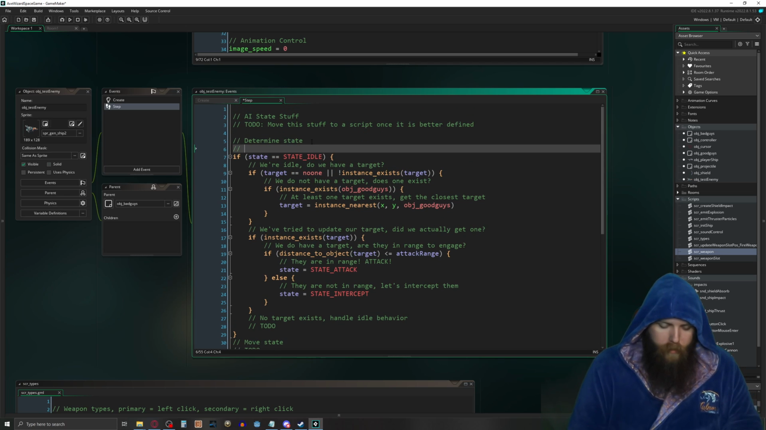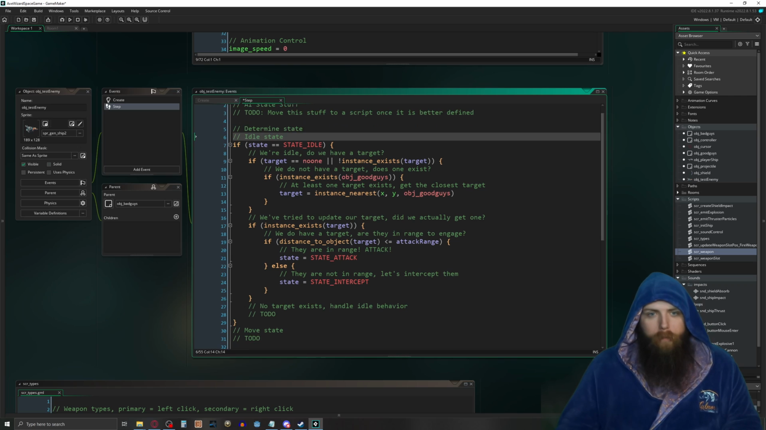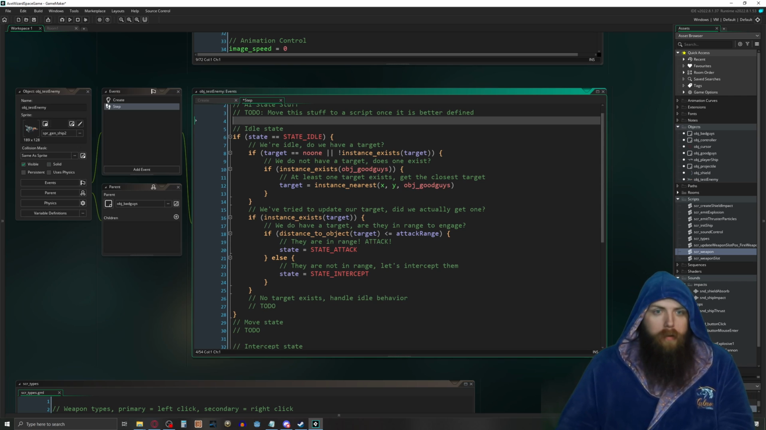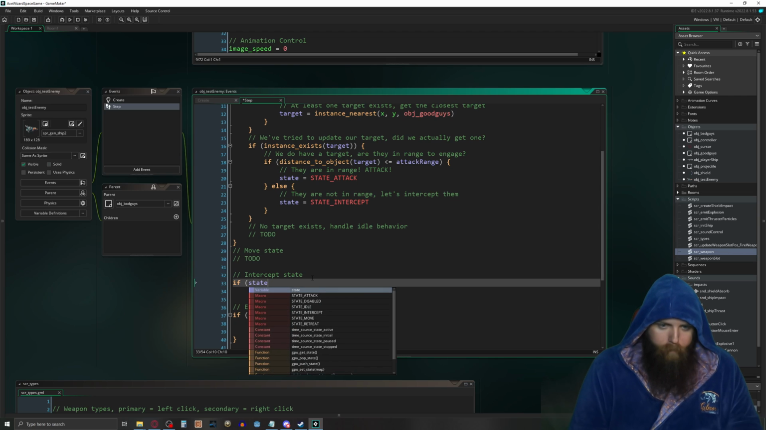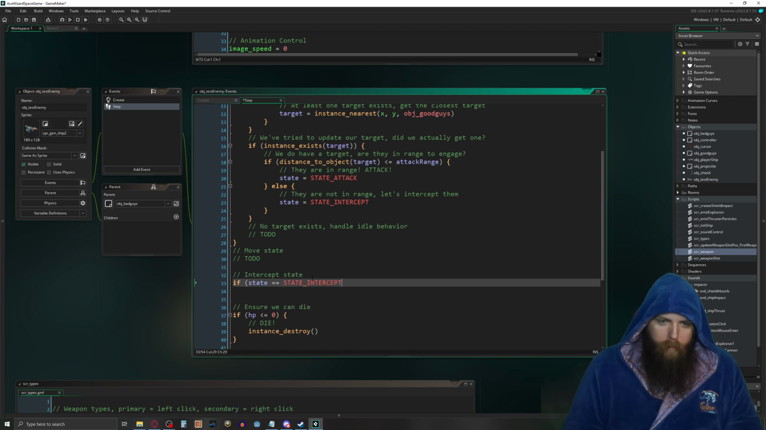Determine state, idle state. So just, there we go. So if state equals state intercept,